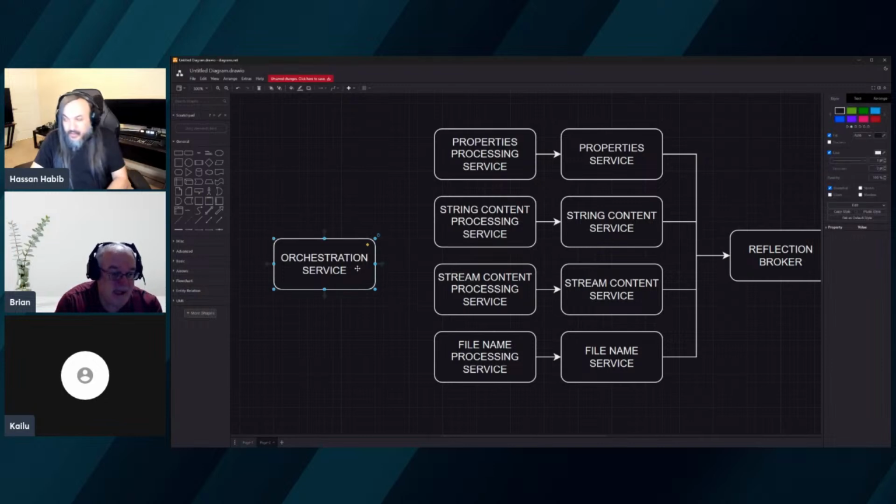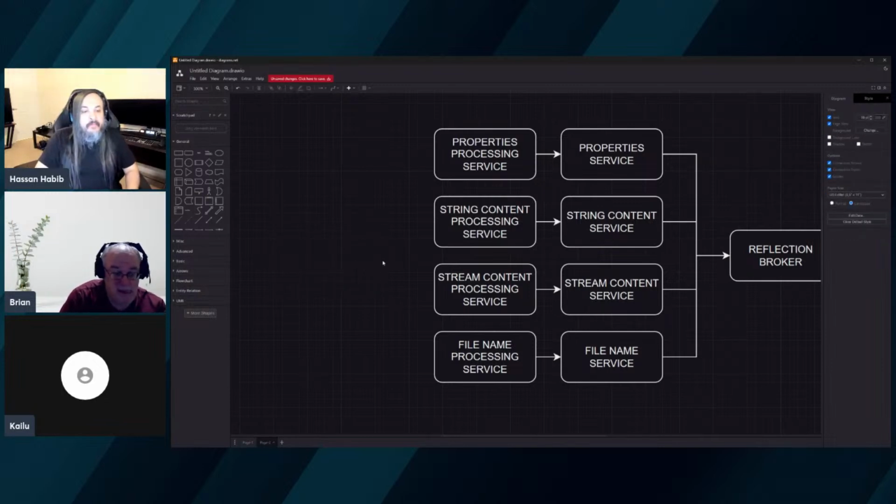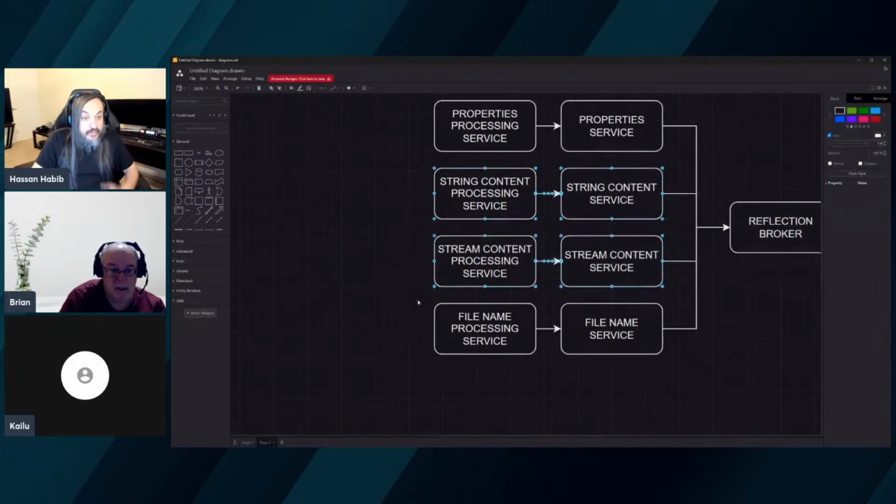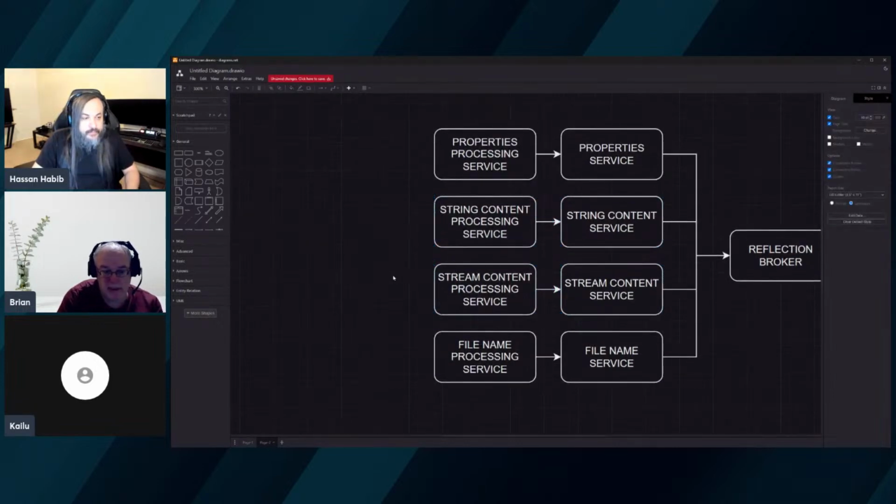I'll tell you something though. When you come at this level, maintaining a certain level of simplicity could be quite daunting. But it's okay. We have a working solution. You made it work. The point I want to make about the pushback you're about to give me is those three bottom processing services are almost identical. I could have done it with a generic service, but I chose not to